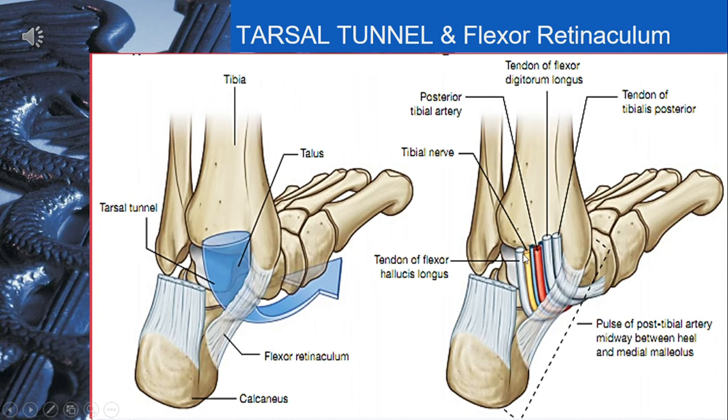So in tarsal tunnel and lower part of posterior leg, we can see that the neurovascular structure is lying between flexor digitorum longus and flexor hallucis longus tendon, and the tibial nerve is lateral while the posterior tibial vessels are lying medial. All the structures from the posterior compartment are tapering here and packed in this tunnel. So trauma in this region can result in damage to all these structures, especially entrapment of tibial nerve.